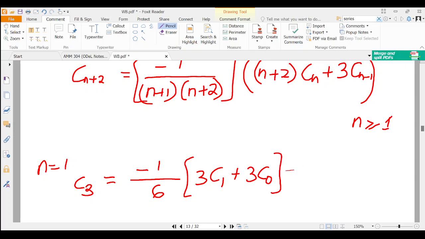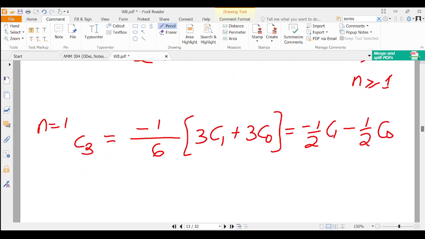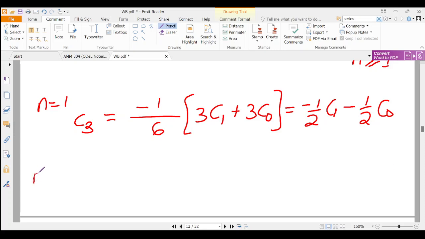So that we get this is equal to minus a half C1 minus a half C naught. So C3 can be expressed as negative a half C1 minus a half C naught. Now, if we consider the case n is equal to 2,